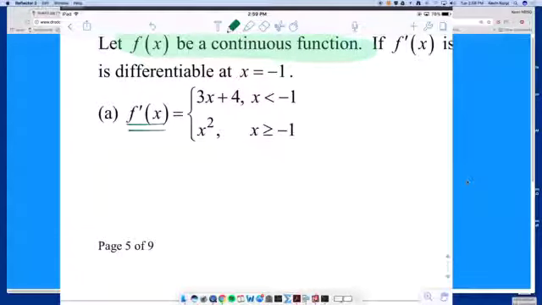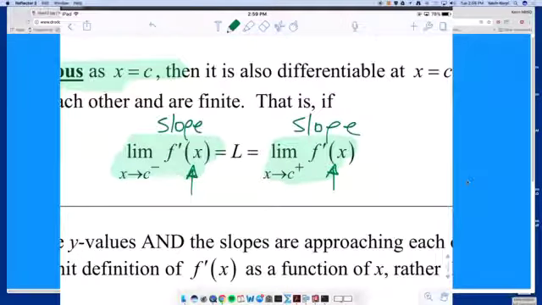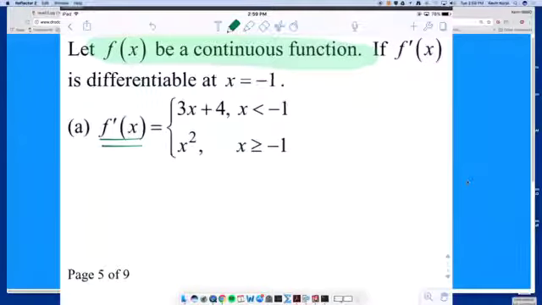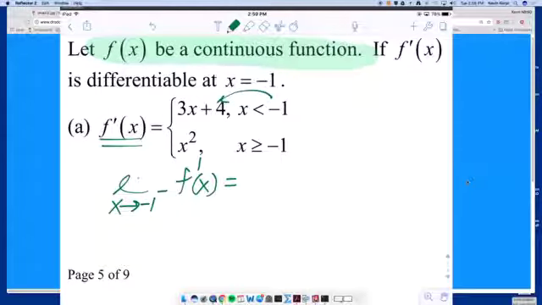We're given the derivatives f prime. So based upon this, all we have to do is check now to see if the slopes from either side are becoming the same thing. And we're going to do that by finding the one-sided limits of f prime. So here we go. On part A, the limit as x approaches -1 from the left of f prime, much like we would do for continuity. Direct substitute in, and you get